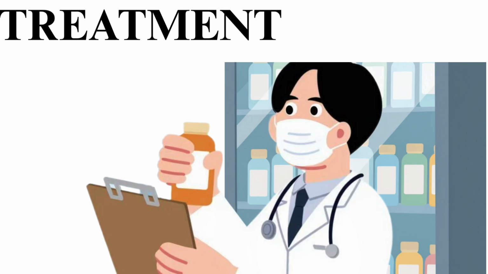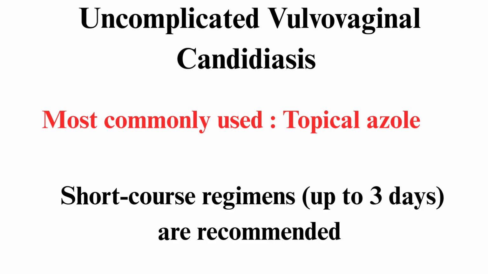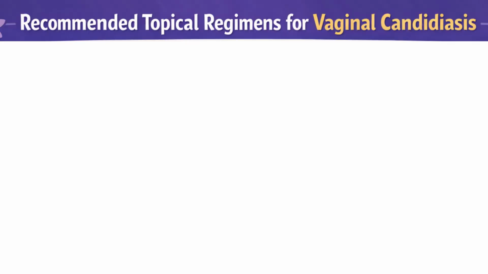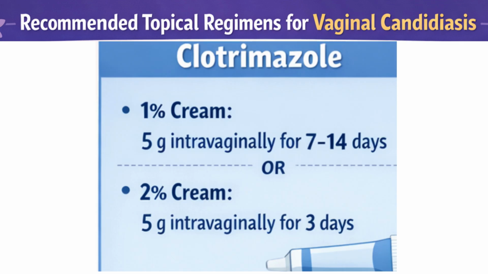For uncomplicated vulvovaginal candidiasis, topical azole therapy is the most commonly used treatment. Short-course regimens lasting 1 to 3 days are preferred because they achieve high intravaginal drug concentrations that persist for several days. The recommended topical regimens for vulvovaginal candidiasis are as follows. Fluconazole is used as a 2% bioadhesive cream with 5 grams administered intravaginally as a single dose. Clotrimazole may be given as a 1% cream, 5 grams intravaginally for 7 to 14 days, or as a 2%